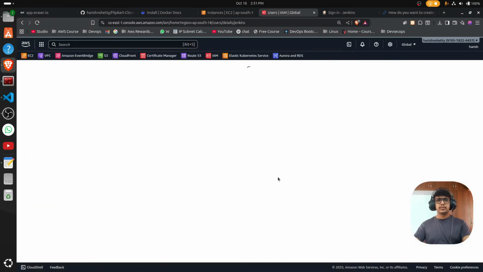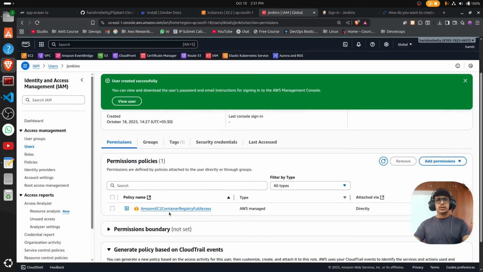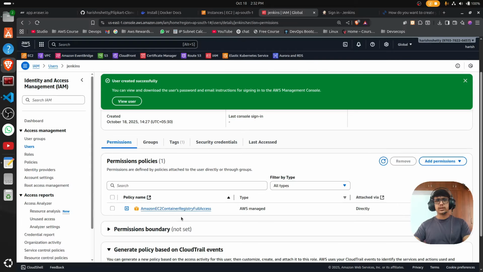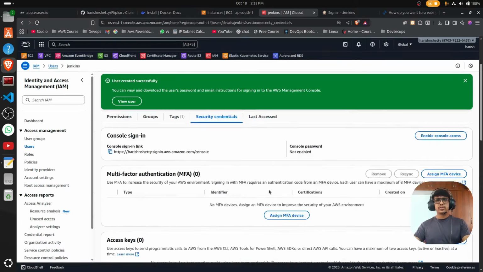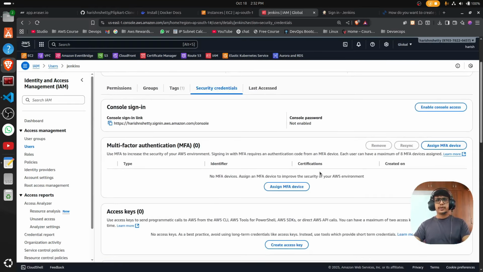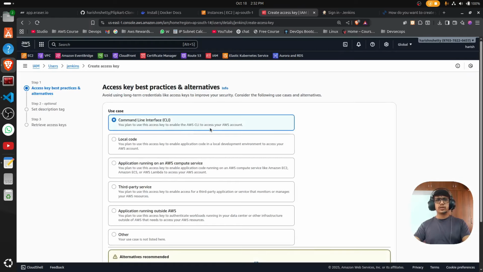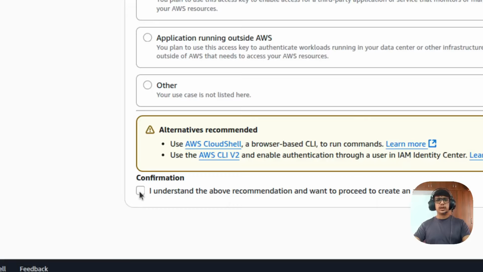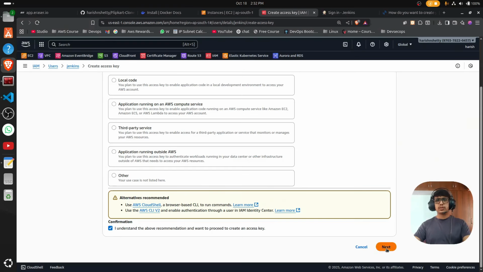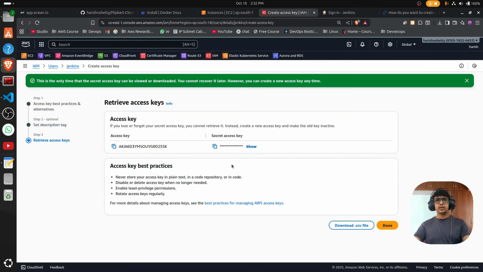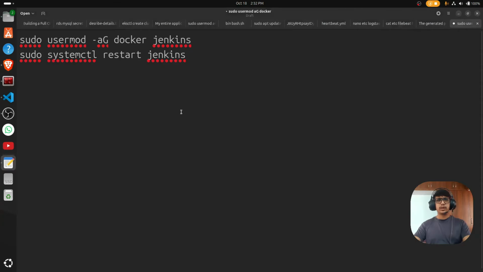Click on Jenkins, and here the policy name, I attached just one thing, container registry full access, that's it. Click on security credentials, and click on create access key. Select CLI and select I understand the above recommendation. Click on next, click on create access key, and now I will get the access key and secret access key. Click on download, and copy and paste it into a notepad,